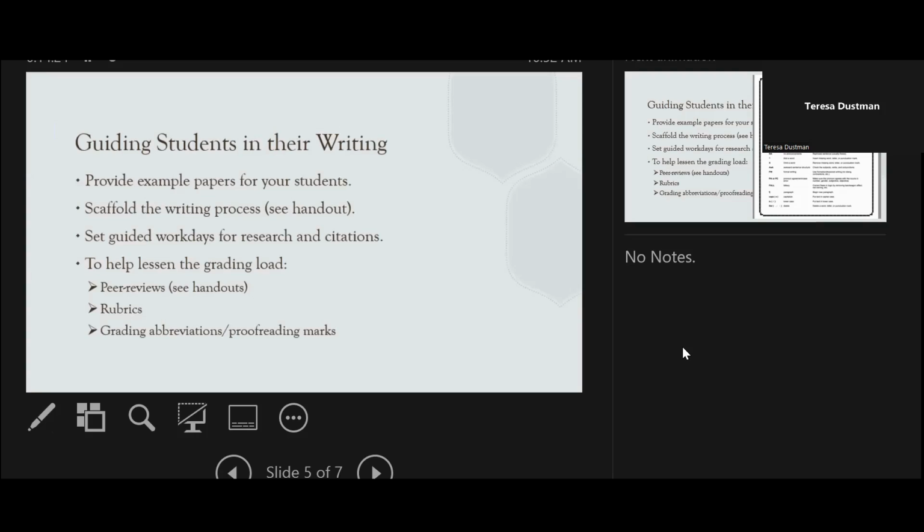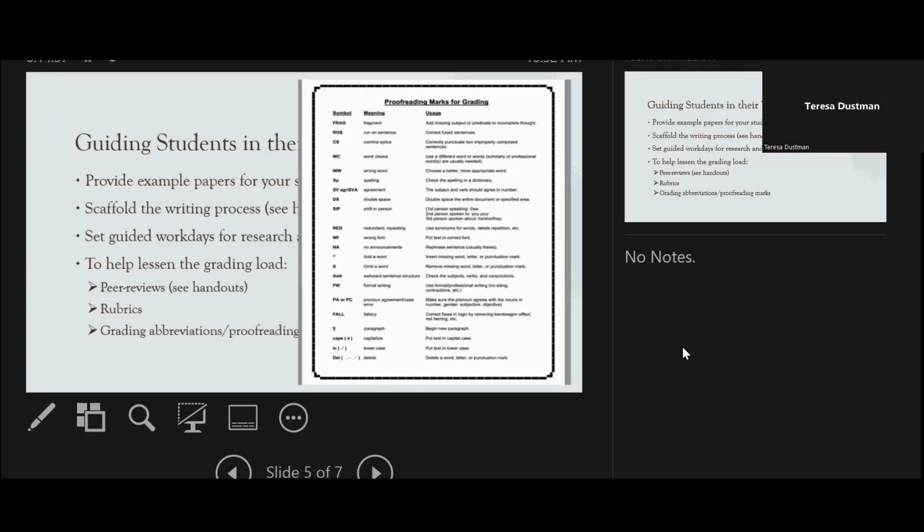Shorthand measures to grade. Introduce your students to these proofreading marks, and they can use them when they're doing the peer reviews, because yes, they will fill out that rubric or whatever form you have, but you want them to know, and the best way to know is to teach or use it yourself. So teach them those proofreading marks. The most common ones: subject verb agreement, run-ons, fragments. Yes, because that's one of the things that they should know by the time that they leave here.